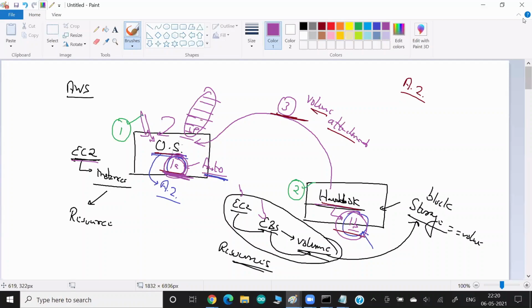Okay, because I don't know which AZ they launch in, which data center they launch in. But because I have a variable that tracks the details about this OS in the AWS cloud, I will retrieve some information and provide it to my hard disk. So what I'm talking about, in a minute I will explain. But let me first show you